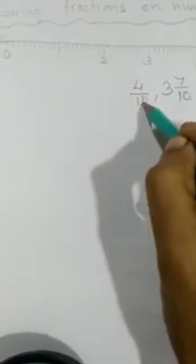Now in this number line you have to show the fraction 4 by 10 and the mixed number 3 7 by 10. Mixed number and mixed fraction are the same. Okay, they are the same, so don't get confused with it. This is also called a mixed fraction, and this is a mixed number too. Two names. So this is a mixed number and this is a fraction. We have to show these two in this number line.